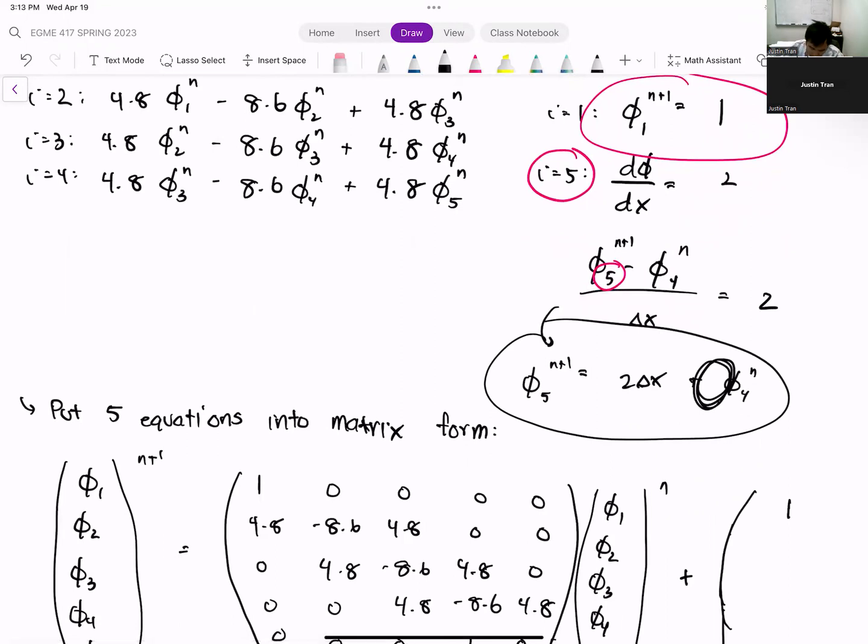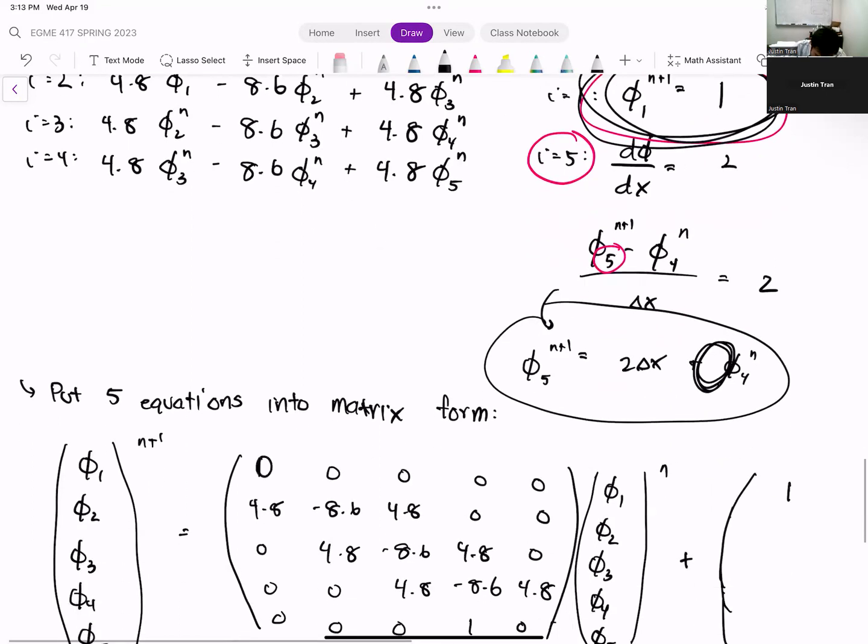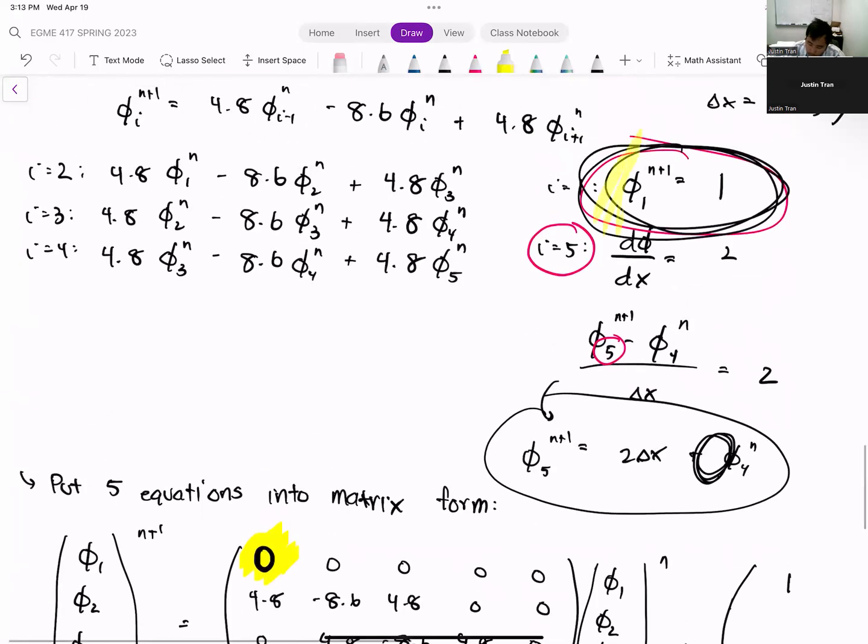So for the first row here, we have phi1 is equal to 1. I'm so sorry. The first row in the matrix, because we don't have any phi n's for this equation, we only have the phi n plus 1. That means this coefficient here is going to be 0. That was kind of a mess up on my part. So for this top left entry in the matrix, for explicit Euler, it is just going to be 0 because we don't have any phi n's in that expression. And if you look at our equation here for phi1,